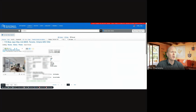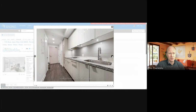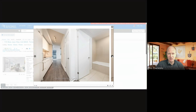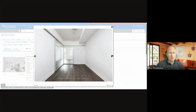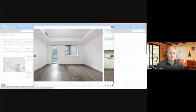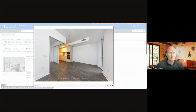115 Blue Jay Way. These are nice buildings. I think they permit short-term rentals, but it's easy to rent out in these buildings. And I'm assuming the people that bought these small one bedrooms are probably just investors, maybe not end users. But yeah, this has a nested bedroom. Seems like it's no view really. You're facing another building, but